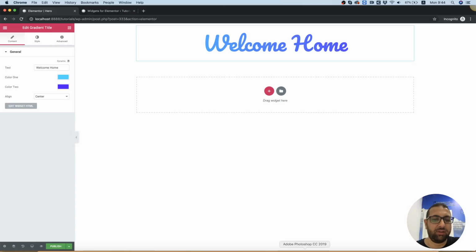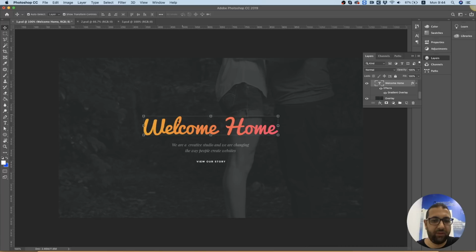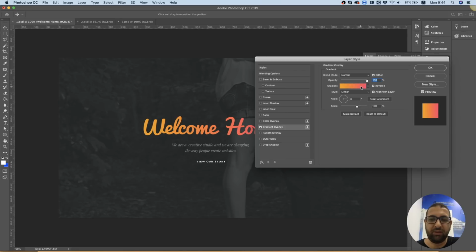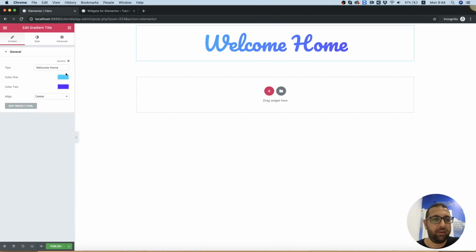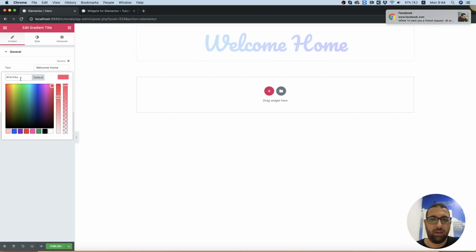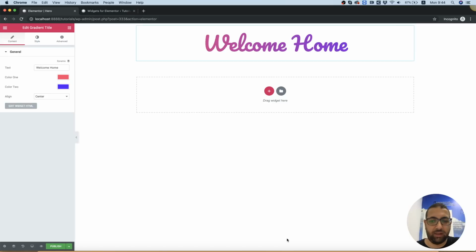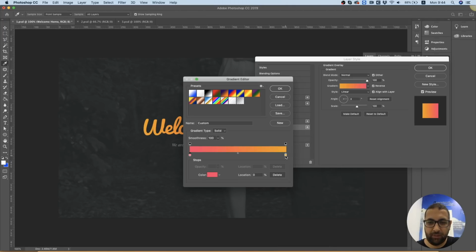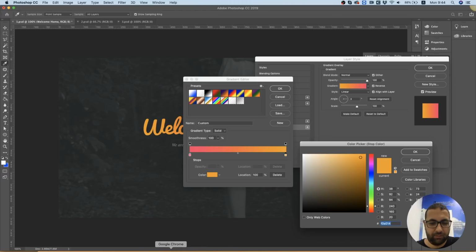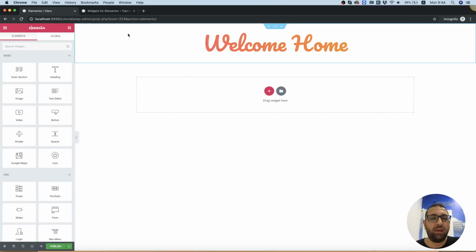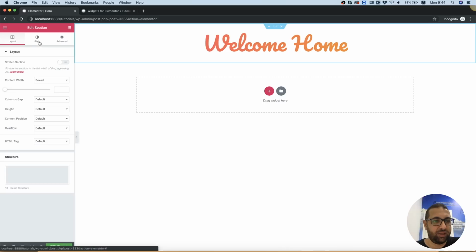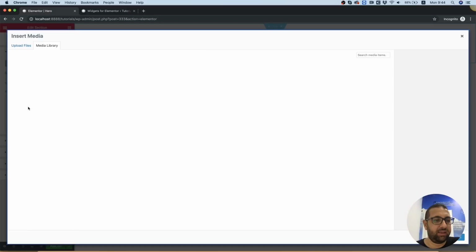We need to select our colors right now. We can see there is a blending option on the layer. I'm going to double click on that, go to gradient overlay, double click on the gradient, double click on the first spot, copy it, color 1, perfect. Now we need color 2. I'm going to close this, double click on the second color, perfect. Next thing I'm going to do is add my background image: edit section, style, classic image,